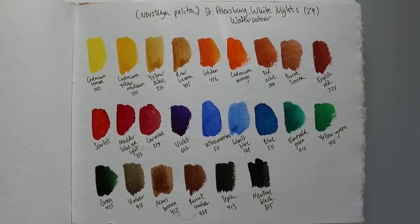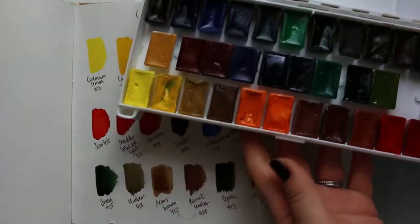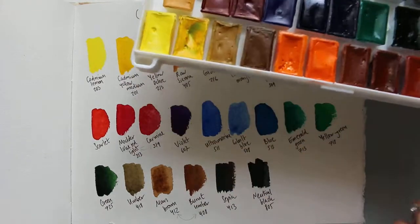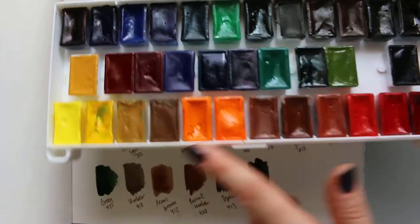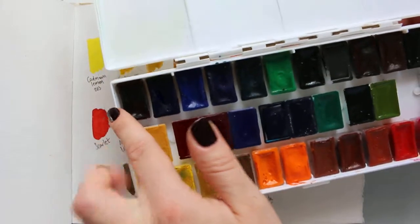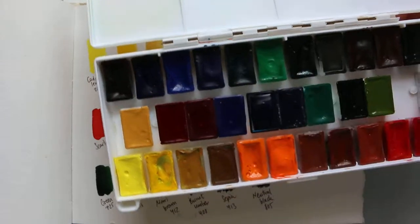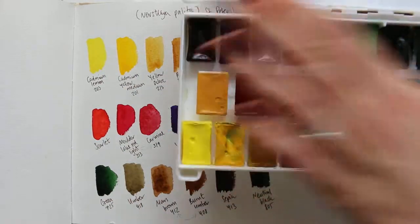So I will make separate videos about all of those with the new additional swatches, and I think I will also create a swatch card to put into the palette, because as you can see they're kind of upside down. I'm not entirely sure whether this is how I arranged them or whether this is how they were originally placed, but it's a little bit weird to have to start yellow at the bottom. Usually that's where you would start, on the left top corner going this way, right? I don't know. But yeah, so I think I will swatch them exactly as they're in the palette,